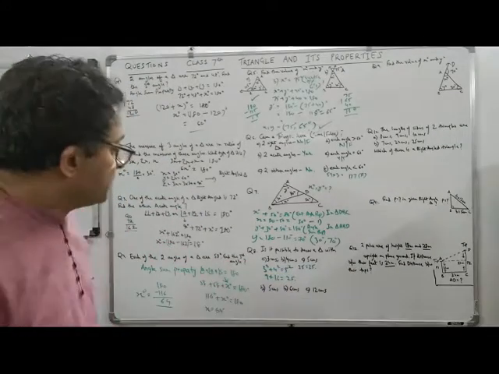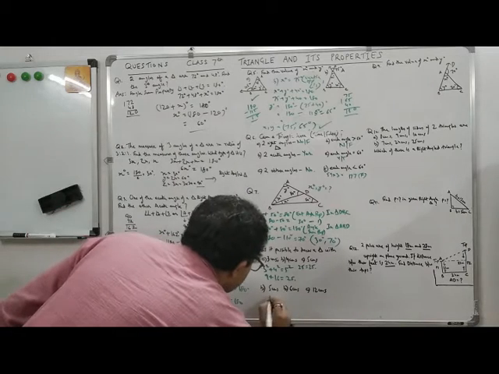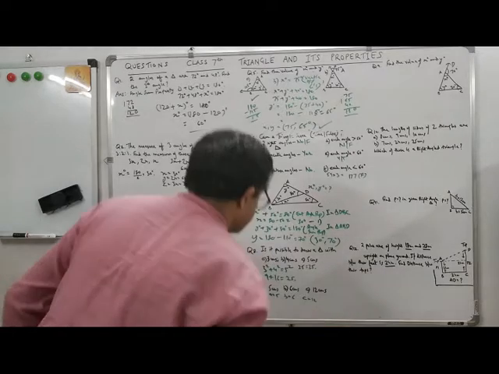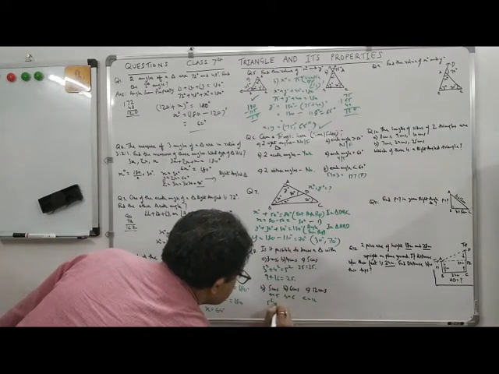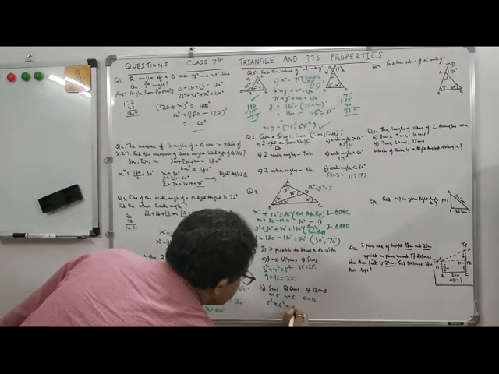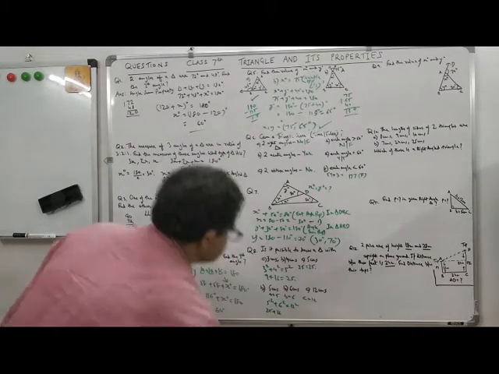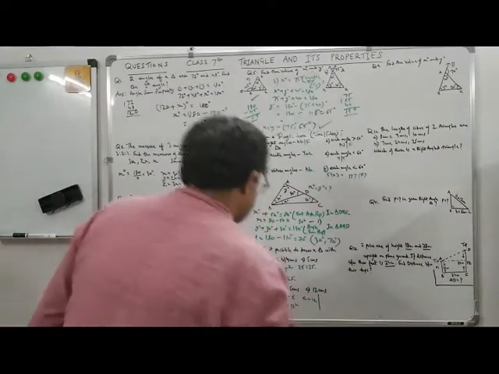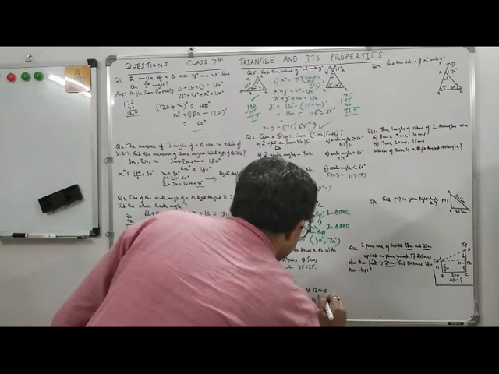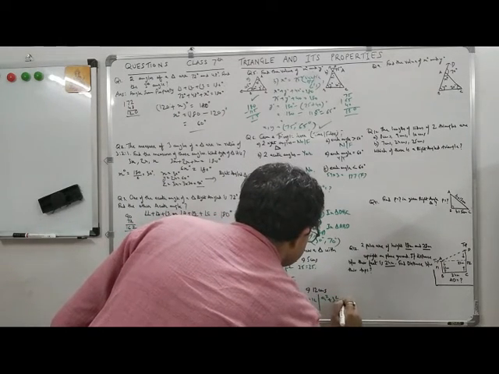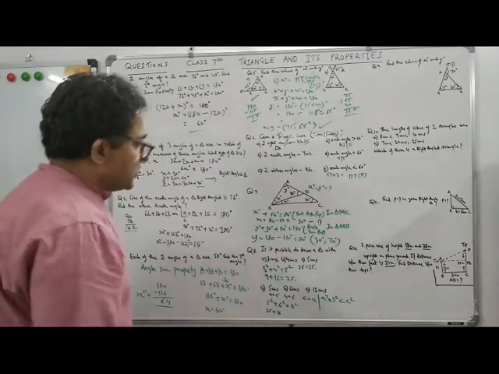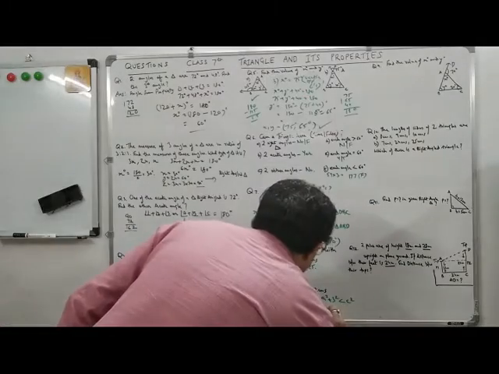But now let's see this one. You can write A is equal to 5, B is equal to 6, C is equal to 12. Now is 5 square plus 6 square equal to 12 square? No. 5 square is 25, 6 square is 36. This is less. A square plus B square is less than C square, because C square is 144 and it is nowhere near C square. So you will not be able to make a triangle.